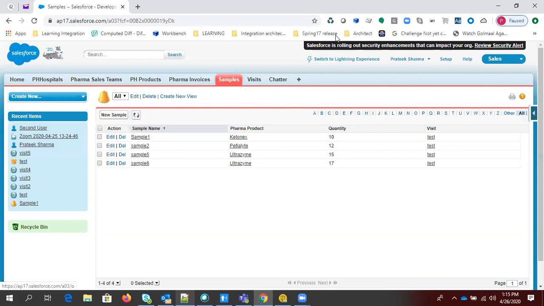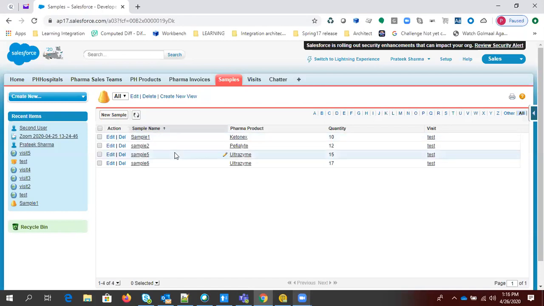Because this is the complete software, and if everybody has the same access, then the CEO will log in to this org and see all the objects and the tabs and everything, and a peon will log in, and if the peon has any work with this, he will log in with this org and have the same access as the CEO, and this can't be possible, right? So you have to decide based on their requirement. If a user is accessing this particular software, then he or she should only have the access that is required for that user, right? So we need to define the metadata access for that particular user.